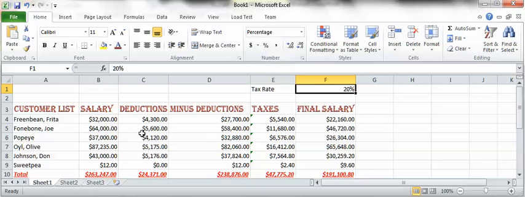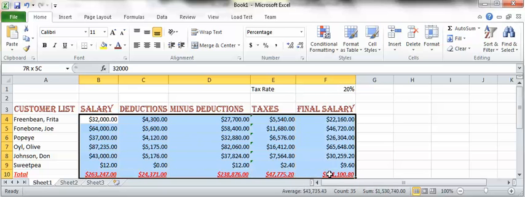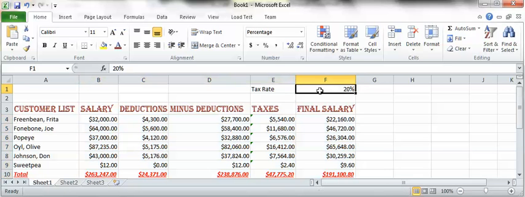How it formats has nothing to do with how it's stored inside the machine. Okay, now let's say we want a couple extra digits on that. It's exactly 20%, but we could change that. Just come up here, and this will increase the number of digits. This button will decrease the number of decimal places, digits after the decimal place. Okay, so